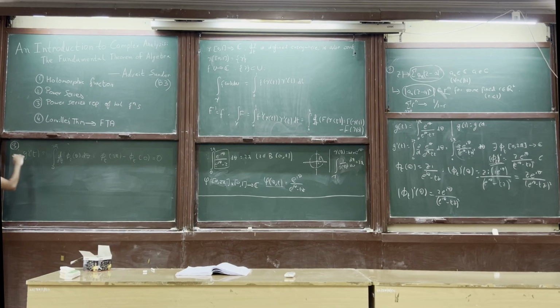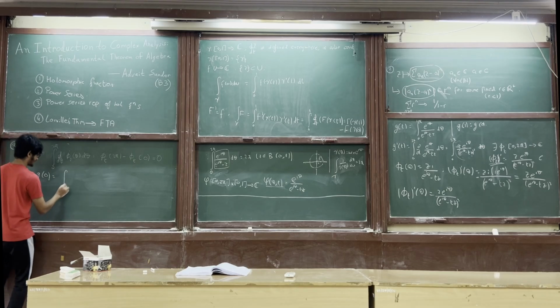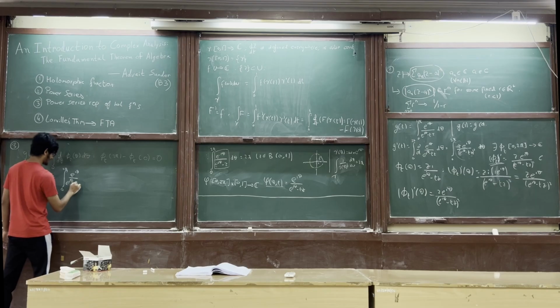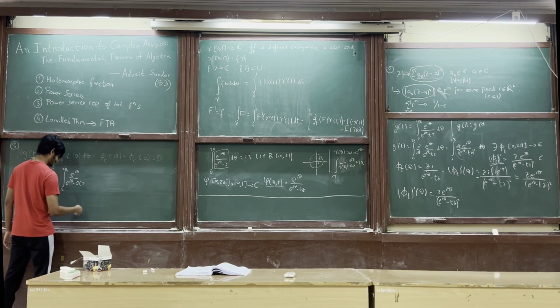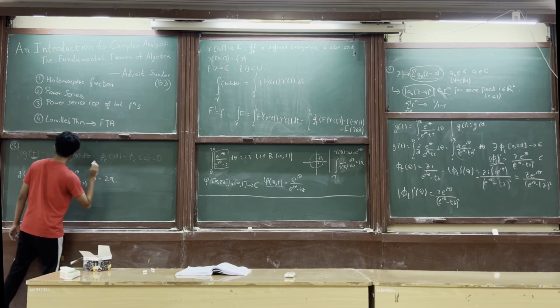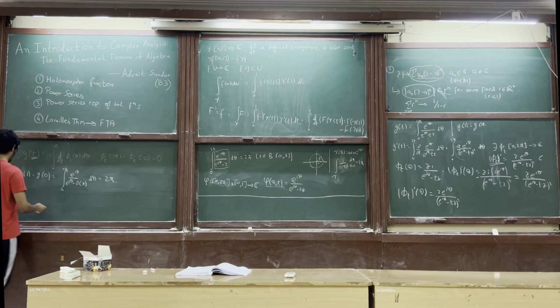Okay, so we know that g's derivative is 0 everywhere for all t, right? So if g's derivative is 0 everywhere, then it must be a constant function. So you get g of 1 equal to g of 0, which is the integral from 0 to 2 pi of e power i theta minus 0 times z, which we already saw was 2 pi. So we get that this integral